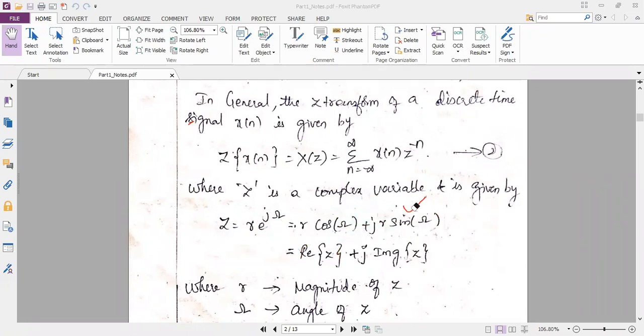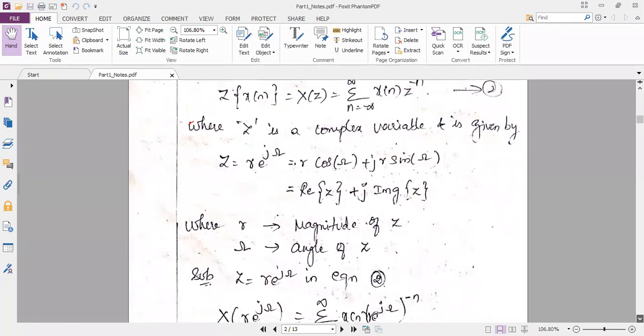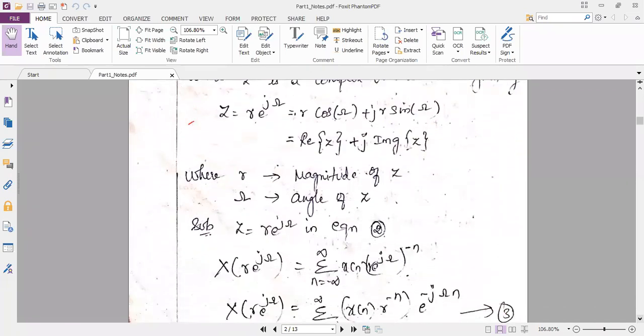So all this derivation you should write in your notes. I will upload this notes to you in the classroom app. You have to write this introduction part of the transform. See, sometimes in the exam they may ask you to write a short notes on Z transform with the related equations or expressions. So that time you should be knowing all this.